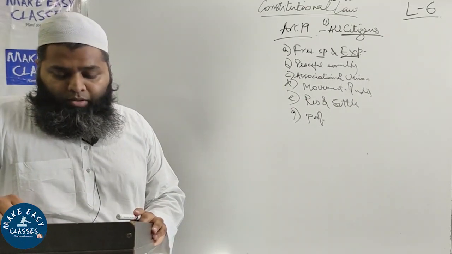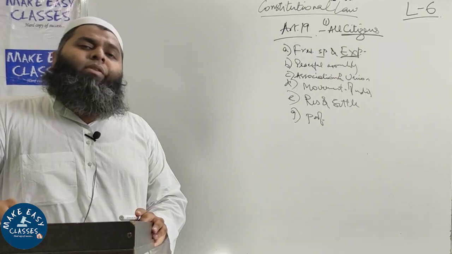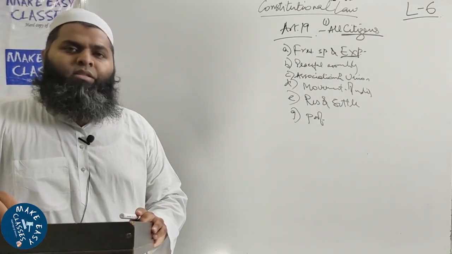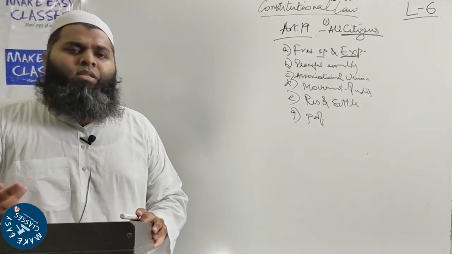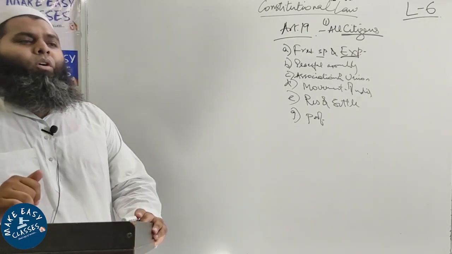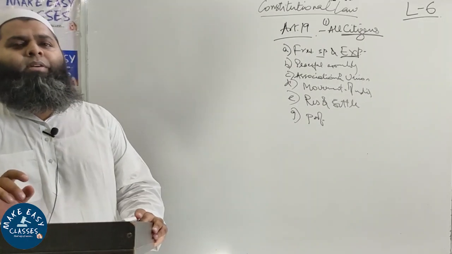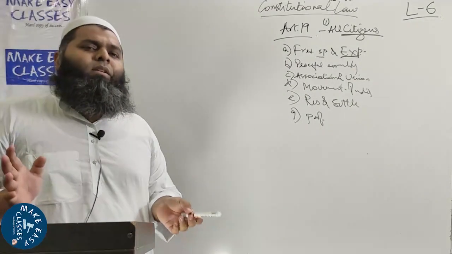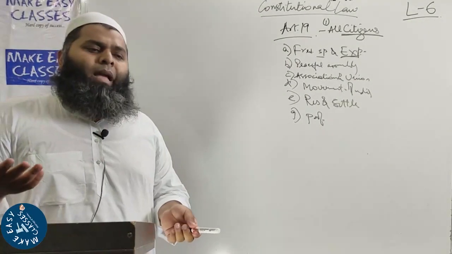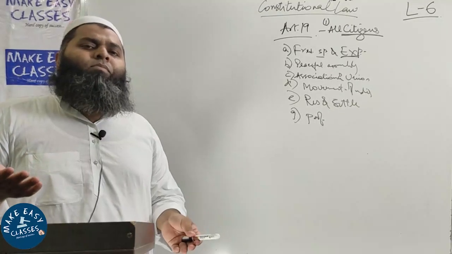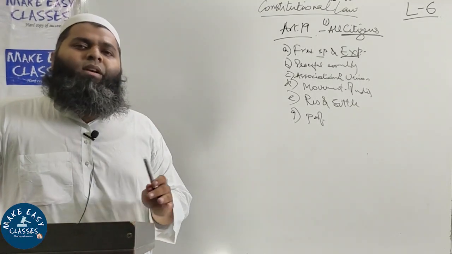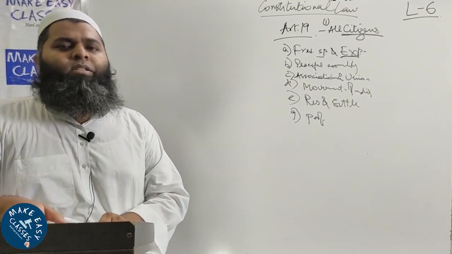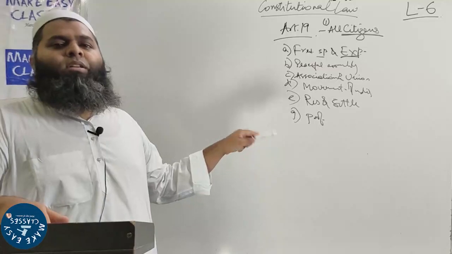Now the most important thing is that these freedoms, they are subject to certain limitations or certain restrictions. मतलब इसमें कुछ limitation, कुछ restriction हैं, और वो भी कॉन्स्टिट्यूशन में प्रोवाइड कर रखी हैं. These are the freedoms basically which are given to citizens, and these freedoms are not absolute freedoms, they have certain restrictions, certain limitations. So these restrictions and limitations are also provided in the next clause,